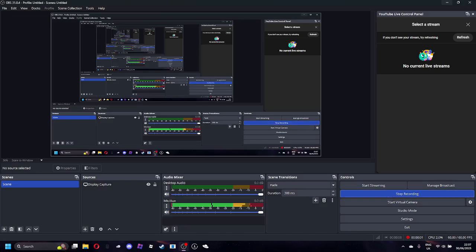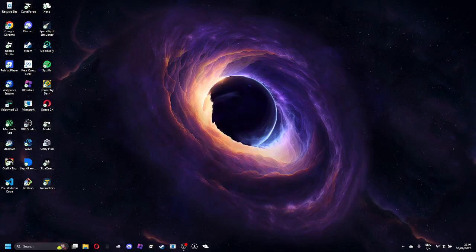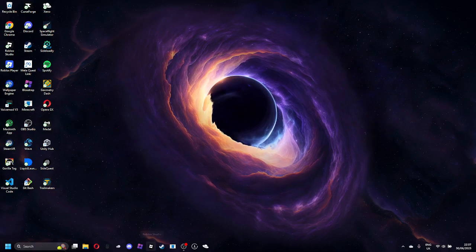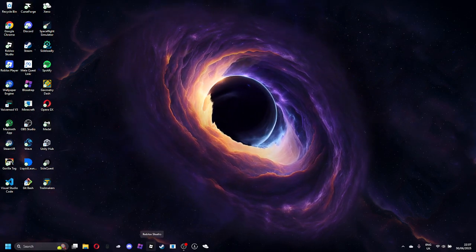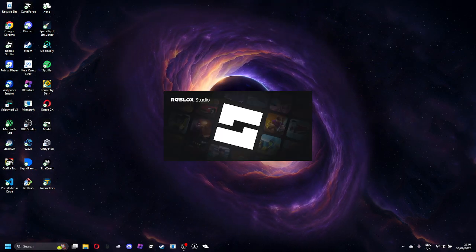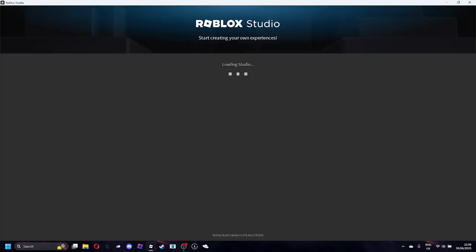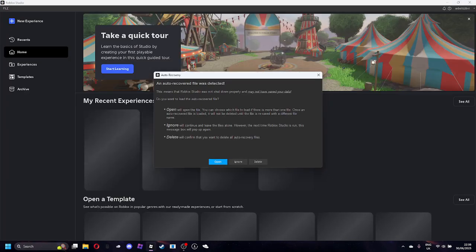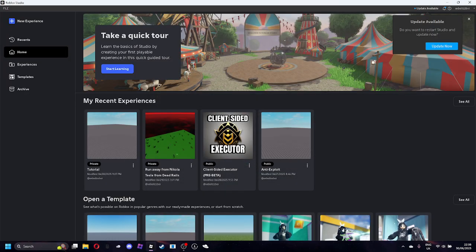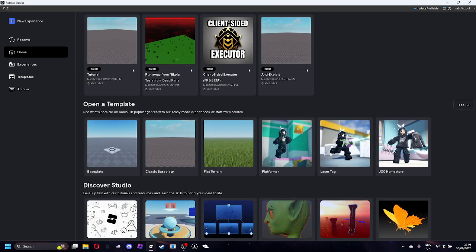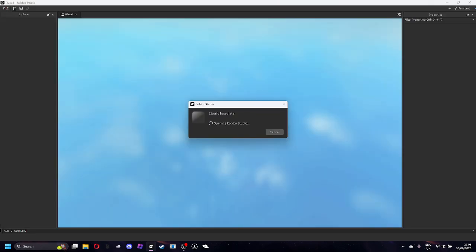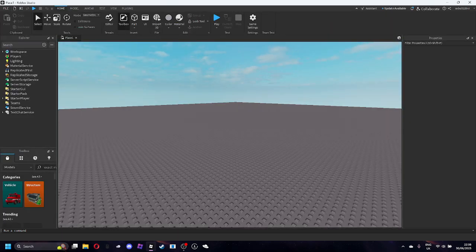Hi guys, today I'm going to be showing you how to make a simple speed script, well not speed script, but a speed GUI to change your speed in game. It's going to be like a slider. So let's get started. First, we're going to be making